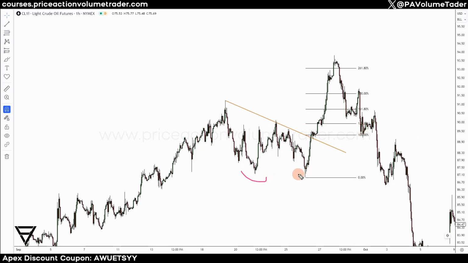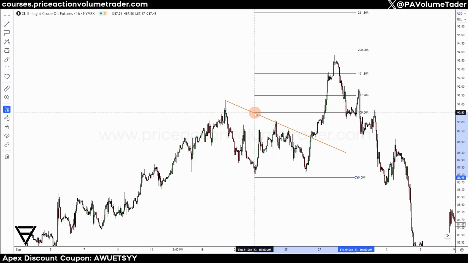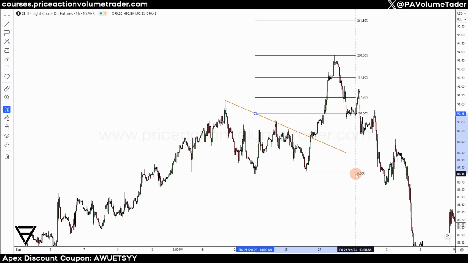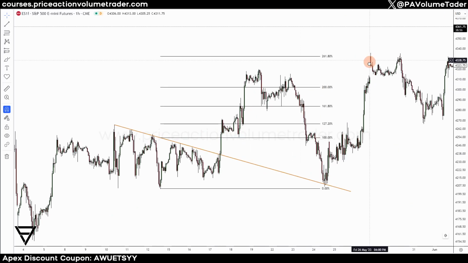But again, this is not a very large level, and we have these two levels that are almost identical. So in this case I measured it into this back level, and you can see if I go there, we had some choppiness right at 161.80, and then we had a very nice precise touch and reversal from the 200 extension. Again, I advise you to just go and backtest,